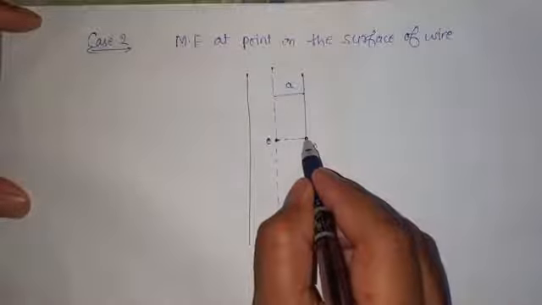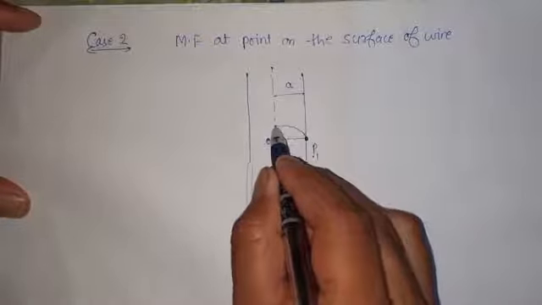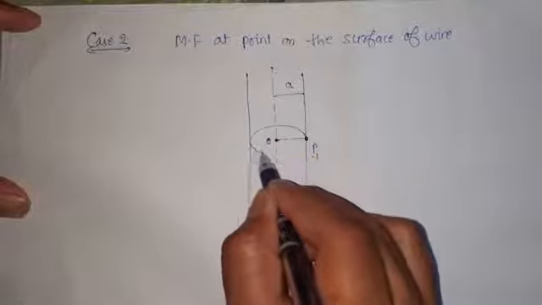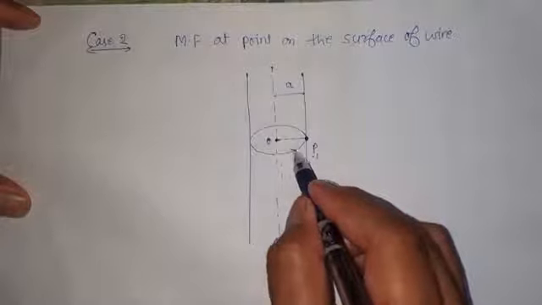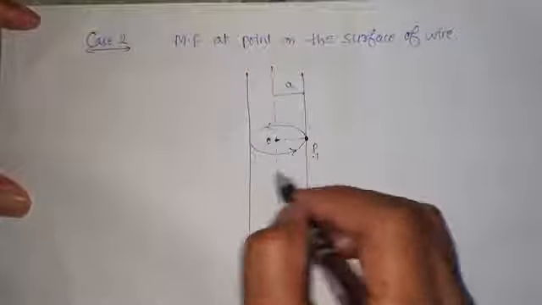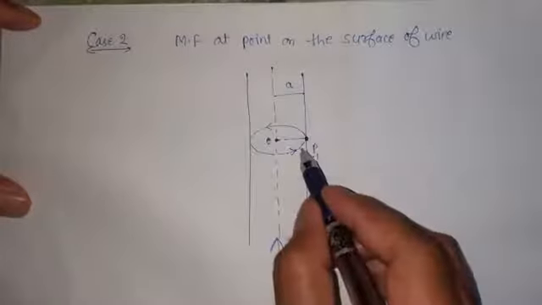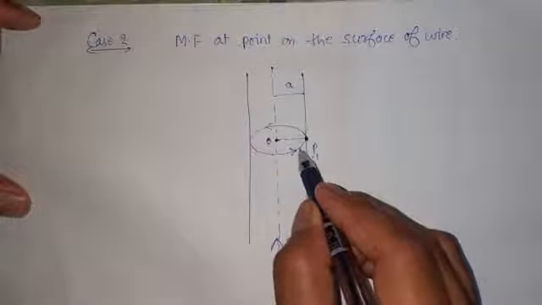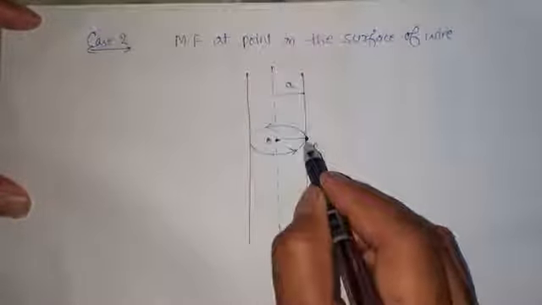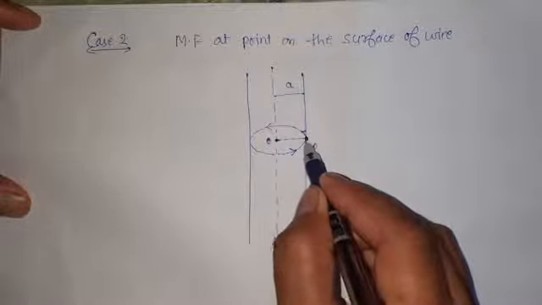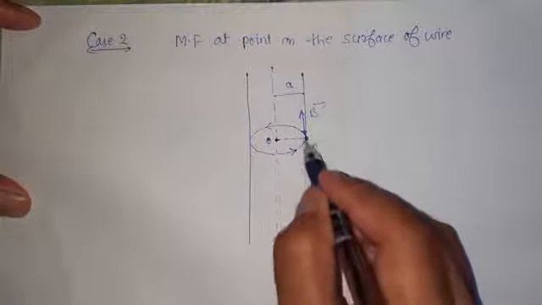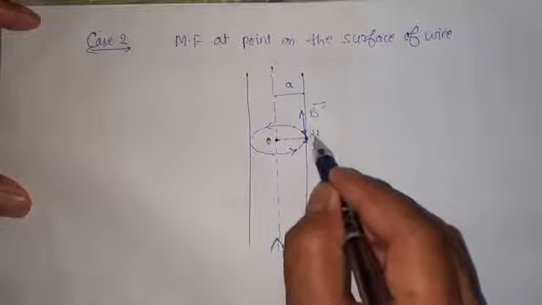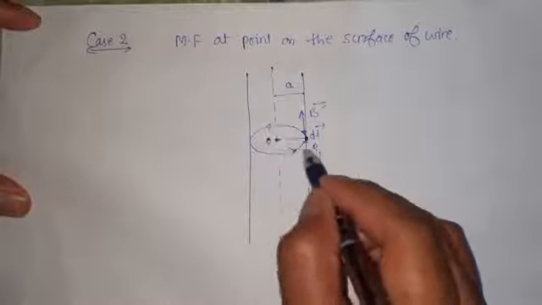Now according to Ampere circuit law, you have to pass a circular loop through that point where you want to determine this magnetic field. So this is that circular loop I have considered. The direction of the loop I have considered to be anti-clockwise. Over there, once again if I consider a small elemental length at this point P, the tangent will give us the direction of magnetic field on it. And this small elemental length has the same direction as the loop we are supposing.